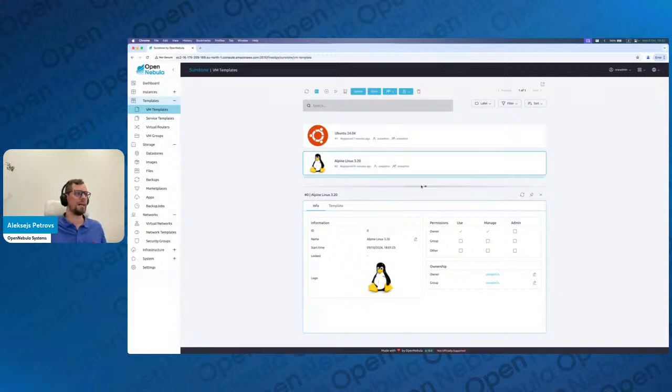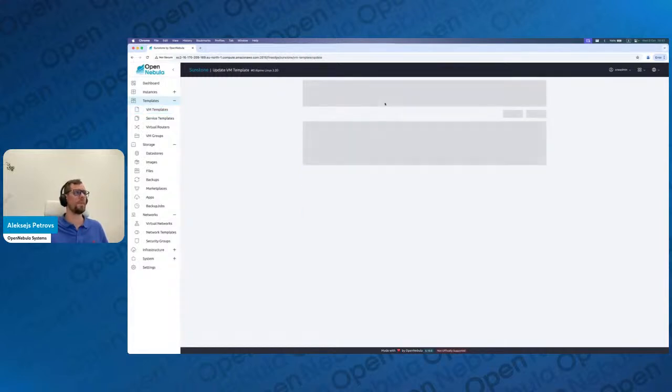That's why I'm going with Alpine Linux, but essentially you should go with Alpine Linux as well, as it's tiny and fast, but after that you can play around with anything else. Now we go to the update, and then